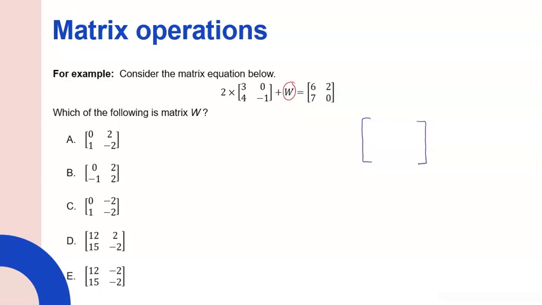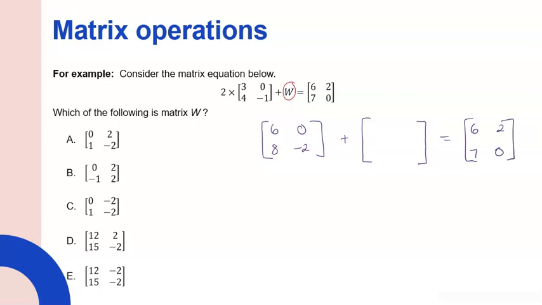If I think about what I do know on the left-hand side, let's multiply this out. So 2 times 3 is 6, 2 times 0 is 0, 2 times 4 is 8, and 2 times -1 is -2. And I know when I add this mystery missing matrix on, it's going to equal